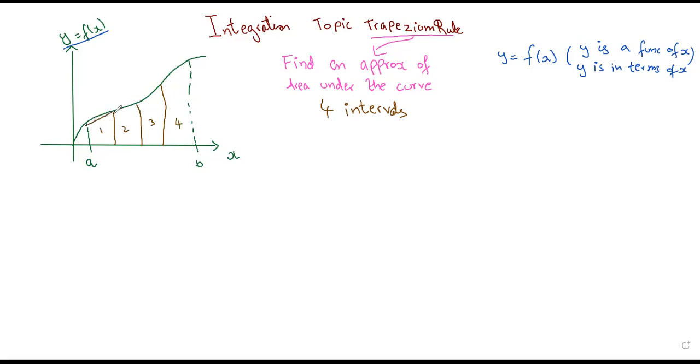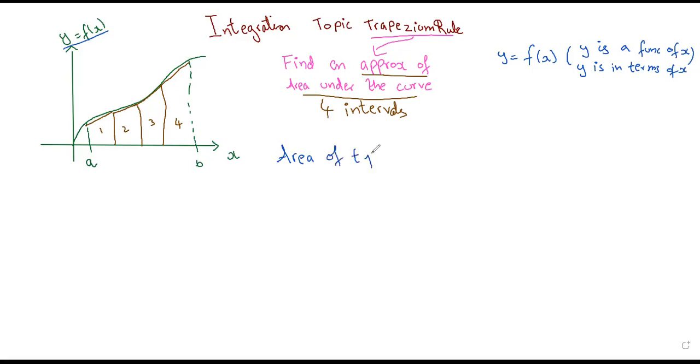Okay, this is how you make trapeziums. These lines are supposed to be straight, and you will calculate the area of these trapeziums: 1, 2, 3, 4. You will sum that up, and then you will get an approximation of the area under the curve, right? Yes. Okay, so area of